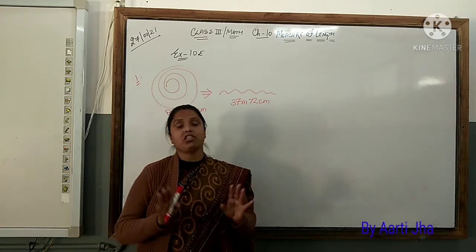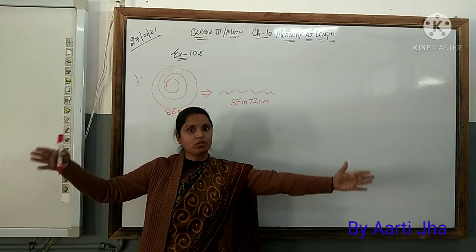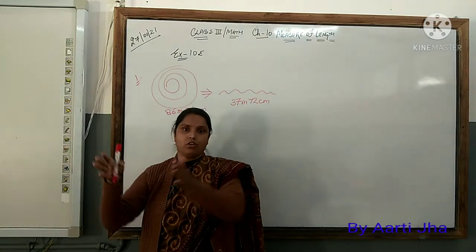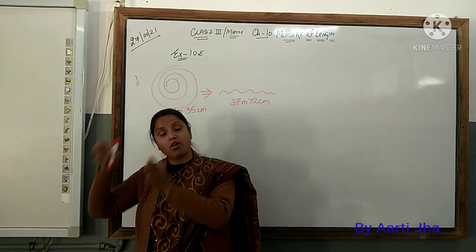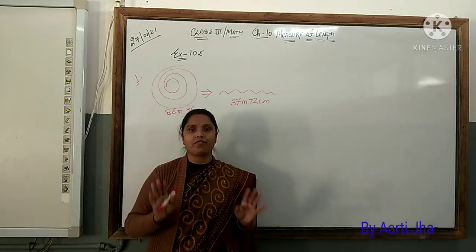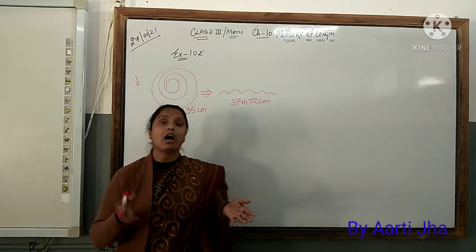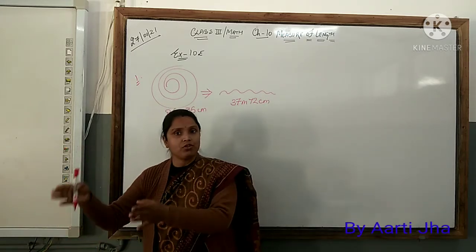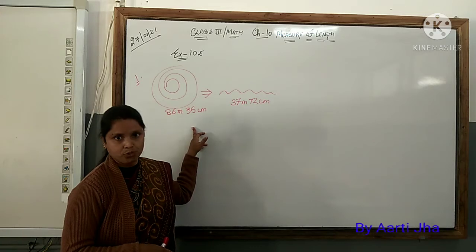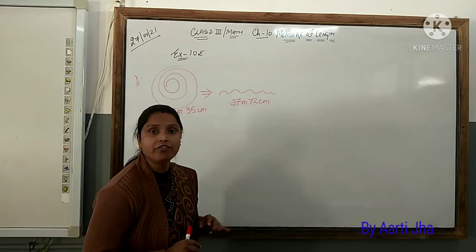I can show you this with an action, children. This is the total roll of rope I have. From this roll of rope, I have used this much. Your question says that after using this much rope, how much is left now? Since we have to find out how much is remaining, whatever I have used, I have to take out from the roll of rope. When we are taking out something, we go with the operation of subtraction.